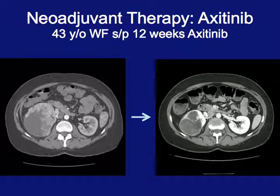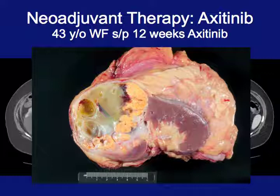This is another patient that received neoadjuvant axitinib therapy. Again, you can see very large, locally advanced tumor sitting here in the right kidney. And after 3 months, dramatic regression of their primary tumor, such that this patient would have had to undergo an open nephrectomy. This patient can undergo a laparoscopic nephrectomy, much less morbid. And there's a picture of the specimen. You can see the dramatic reaction. This all used to be viable tumor, and it's all been killed by the axitinib, such that there's only a